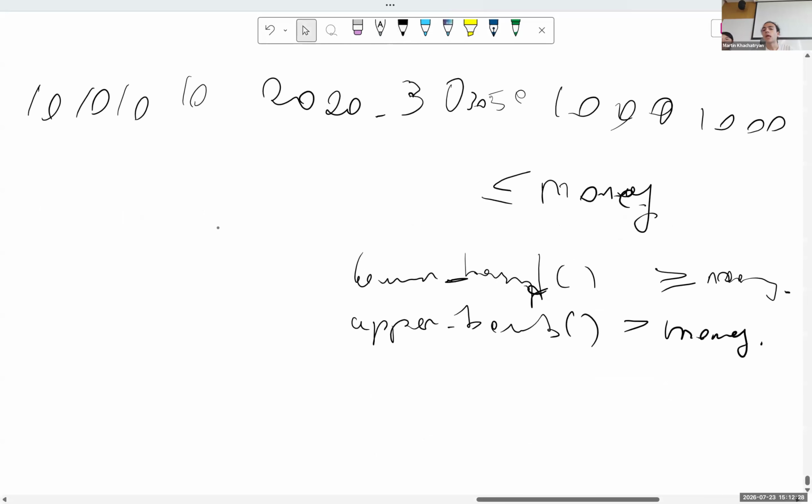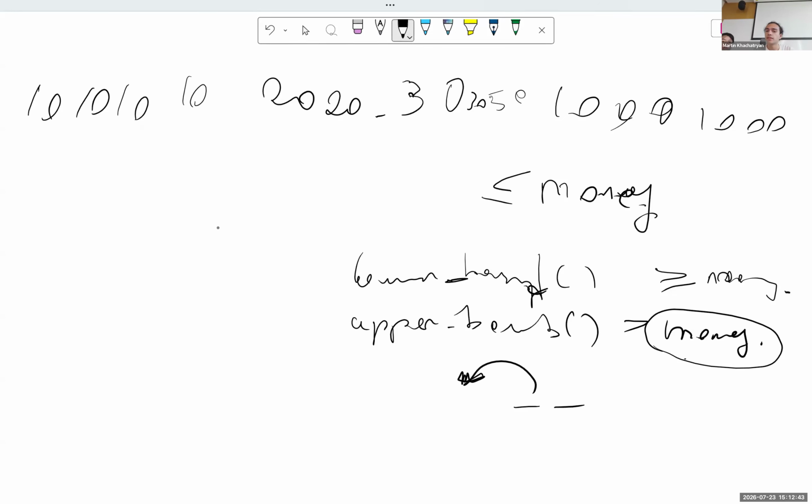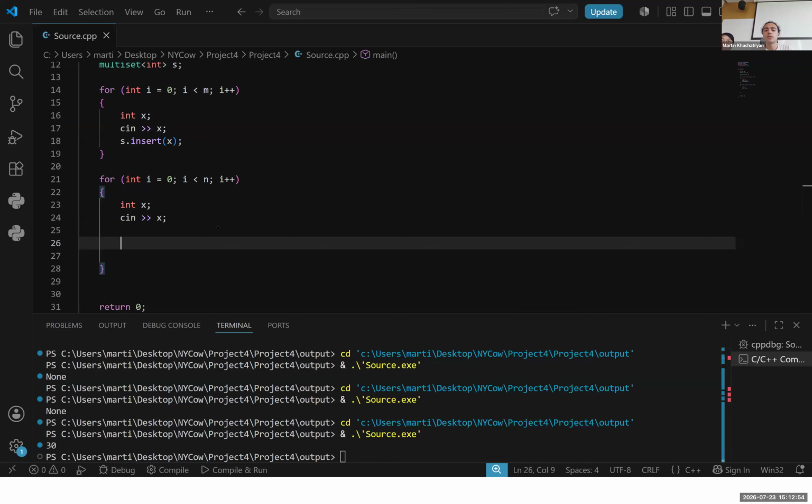So if we want this, we can just ask for the upper bound, the first one that is greater than money, and move back, and we'll get the element which is lower or equal to money, right? So let's say auto x equal to s.upper_bound(x),